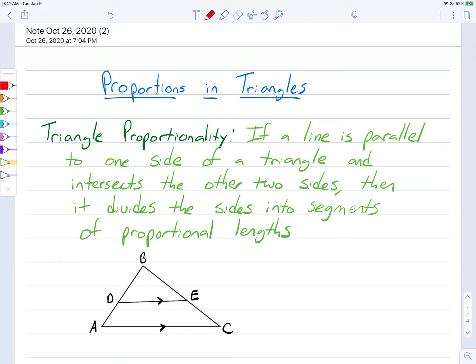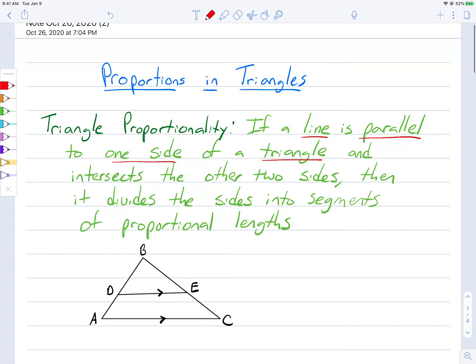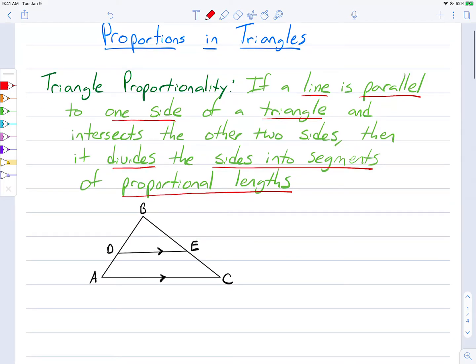Triangle proportionality. So if you have a line that is parallel to one side of a triangle and intersects the other two, then it divides the sides into segments that are of proportional lengths. So if we look at this triangle here, we have DE that is parallel to AC. It isn't necessarily the midpoint, we have no idea where it is, it just happens to be parallel to one side